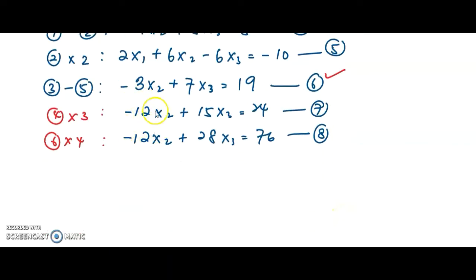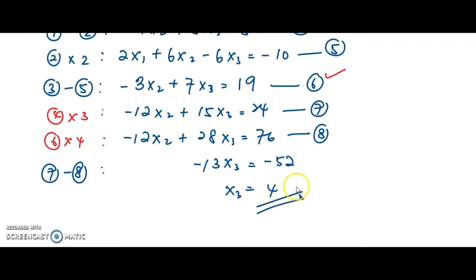So now you can see that both equations have the coefficient of x2 as negative 12. So to eliminate the x2, we can take the equation 7 minus equation 8. All right, when you have negative 12x2 minus negative 12x2, you got 0. Okay, and then 15x3 minus 28x3, you have negative 13x3. At the right hand side, you have negative 52. Taking the negative 52 divided by negative 13, you have positive 4. Okay, so once you get the x3,